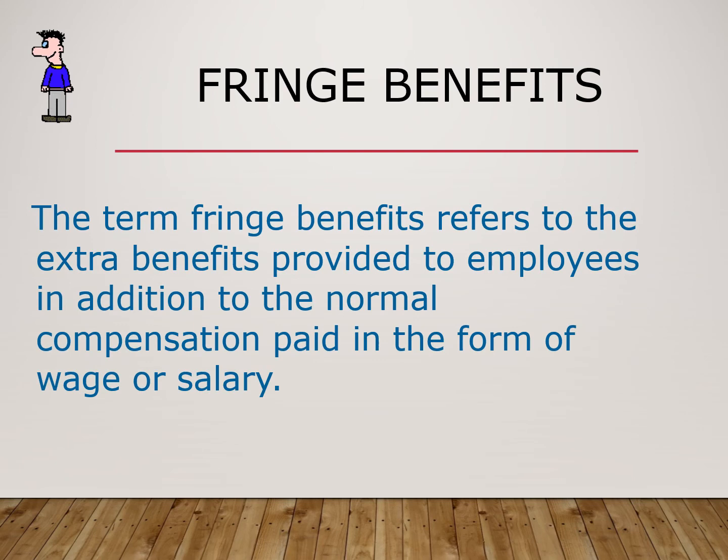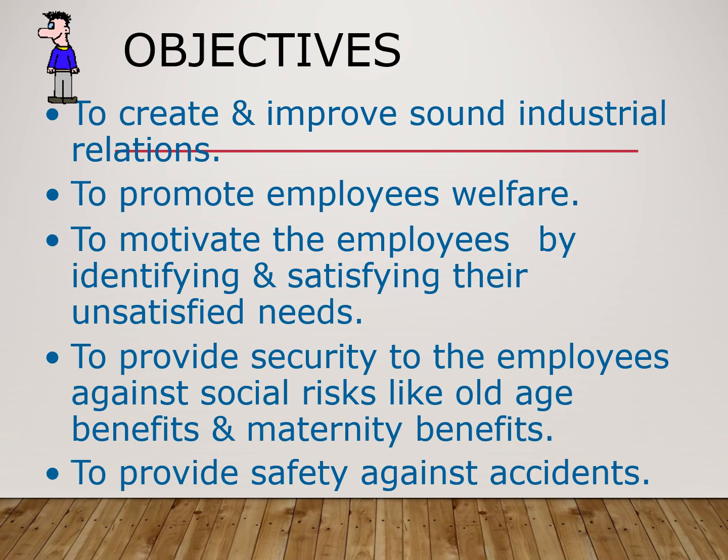Coming to fringe benefits in employee welfare. The term fringe benefits refers to the extra benefits provided to the employees in addition to the normal compensation paid in the form of salary or other benefits. So fringe benefits means the extra benefits or extra compensation paid to the employee in addition to the common or routine benefits. Objectives include create and improve sound industrial relations, promote employee welfare, motivate the employees by identifying and satisfying